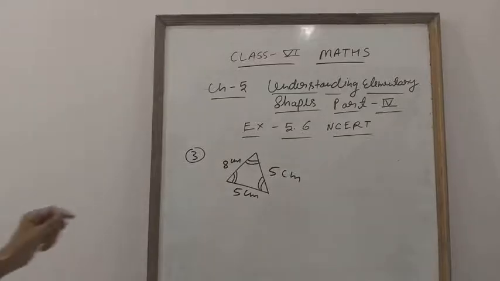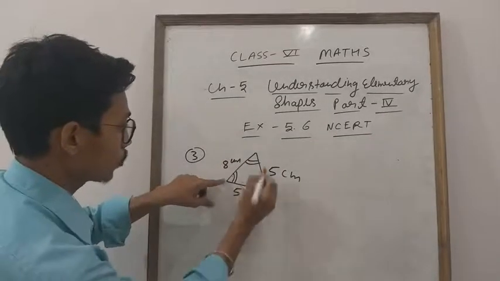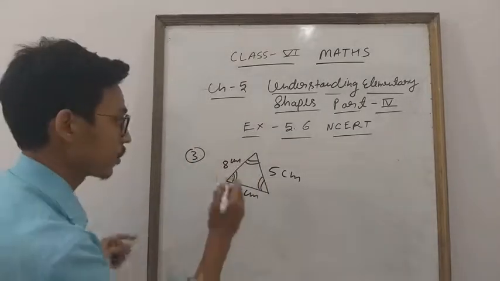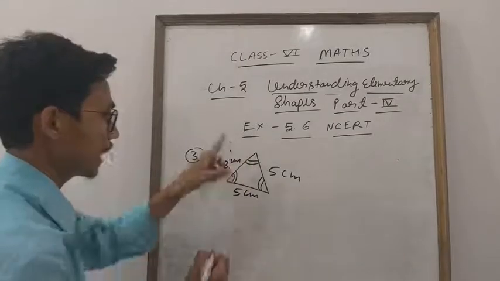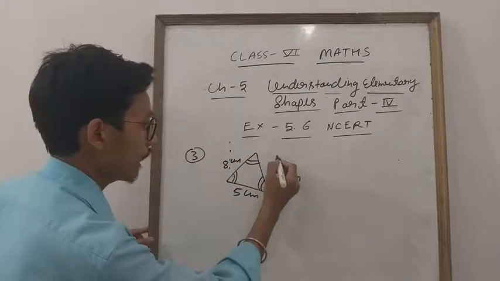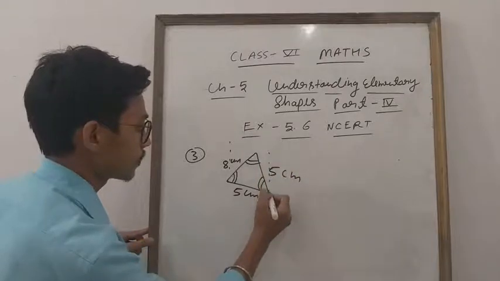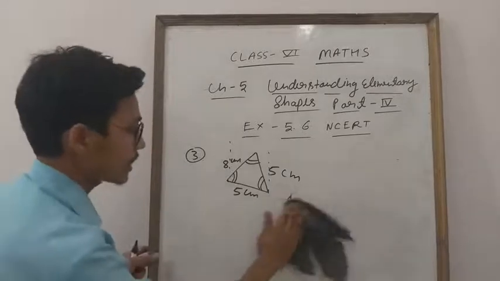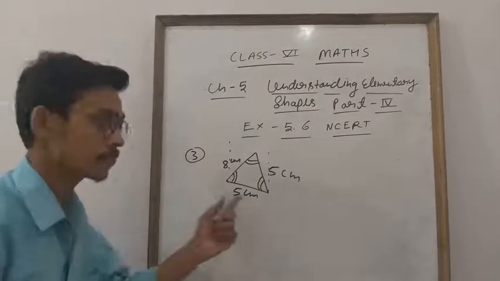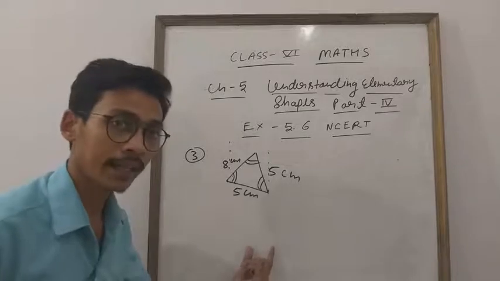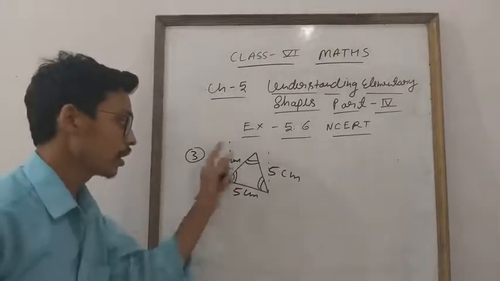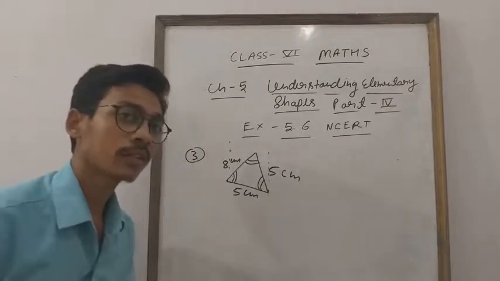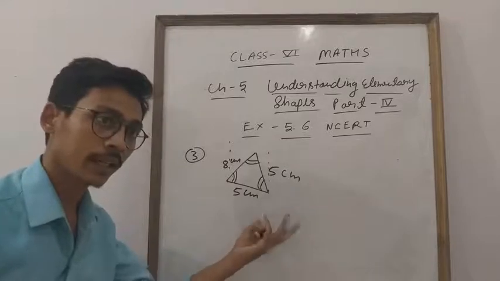Now see, students, this angle, look, 1, 2, 3, three angles are given. Now if you see, you will observe that all angles are less than 90 degrees. Why? See, if you draw the line like that, this is 90 degrees, this is less than 90 degrees. If you draw a line like that, this is also less than 90 degrees, and like that, this is also less than 90 degrees. So if all angles are less than 90 degrees, this is the type of acute angle triangle. First thing. Second thing, two sides are equal. Okay, everyone? So if two sides are equal, it is isosceles. Clear? So two things are clear.